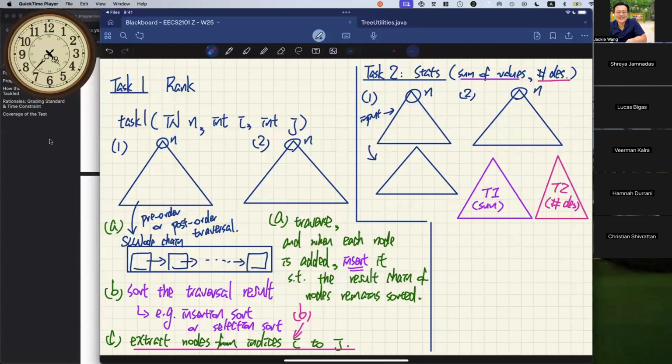And to really generate the output for ultimate return, what we do is we start another traversal, but the traversal is going to keep two pointers at the same time. So you can think about this might be current number one, and this might be current number two, because we know these two trees have exactly the same structure. It's just that the data that's actually stored in the element might be different. One is about the sum, the other one is about the number of descendants.